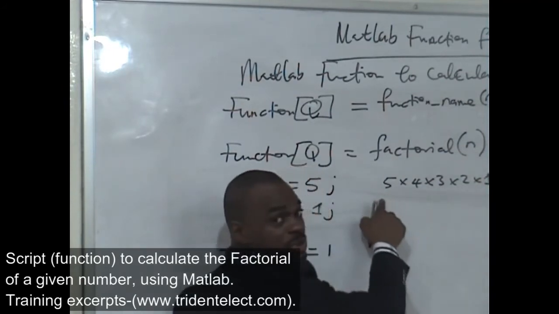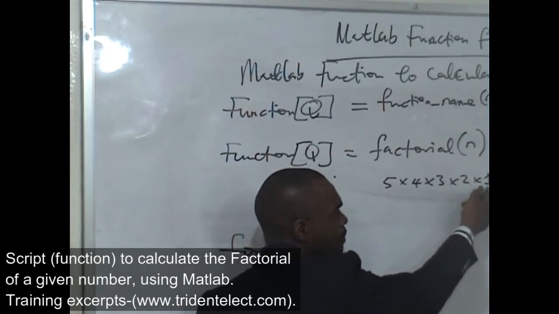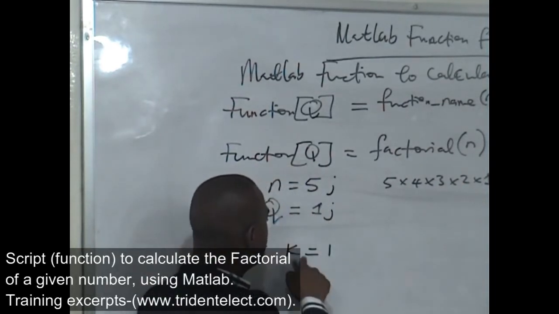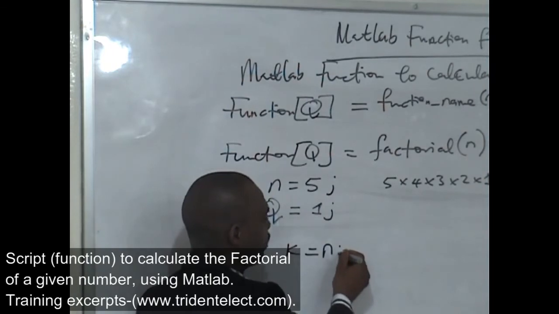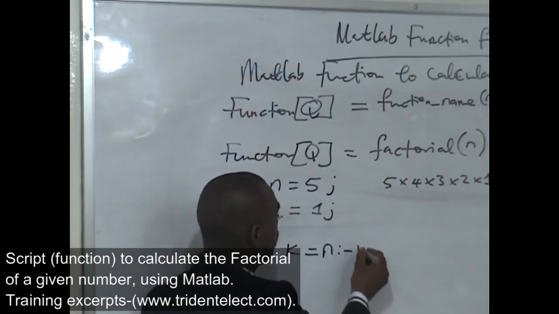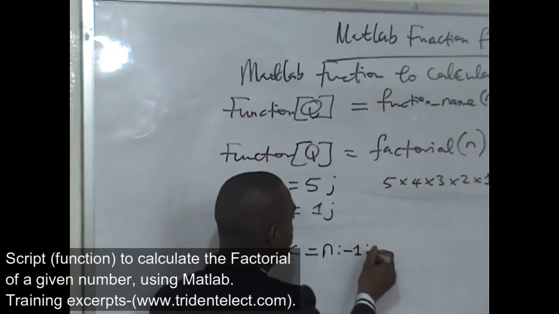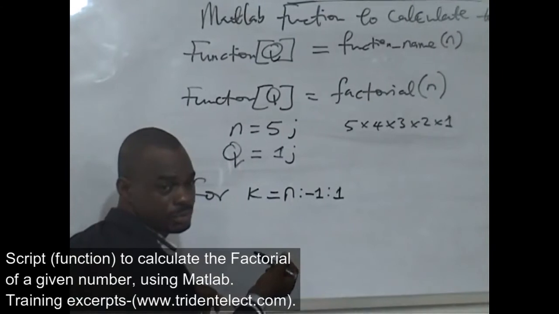So you can see that it's reducing by 1 each time. So I want k to start from n, from whatever n is, with minus 1 as the increment, down to 1. To solve the factorial,